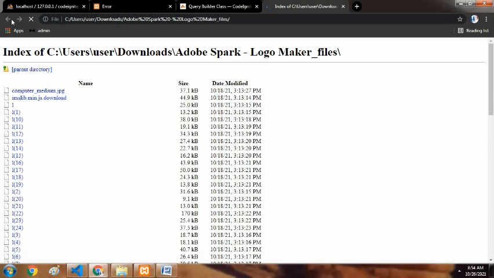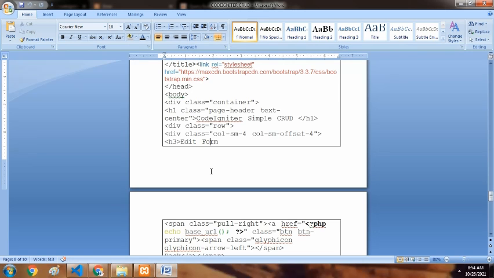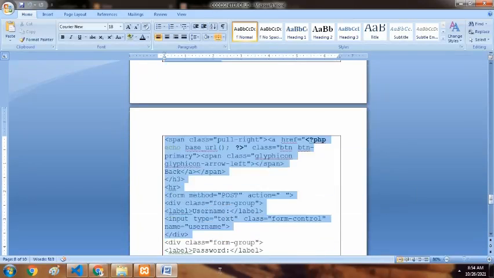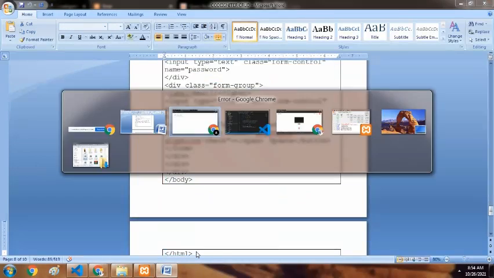So here we have to create that edit form. It is showing an error without the edit form.